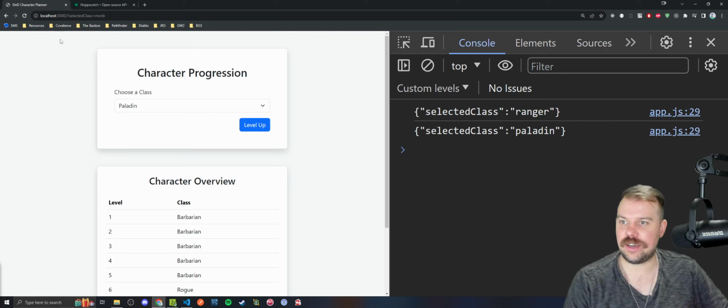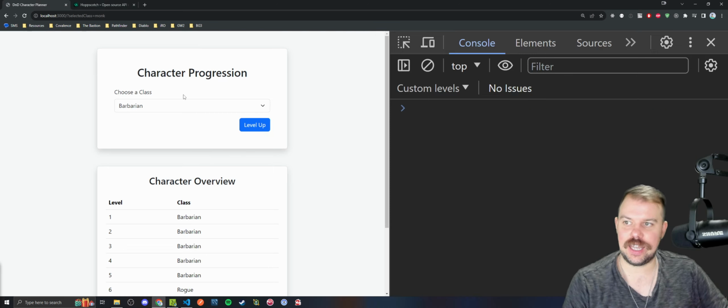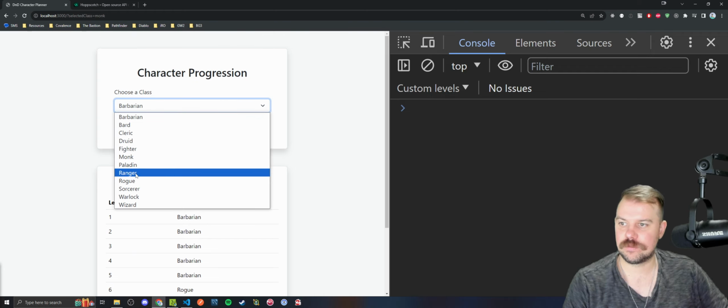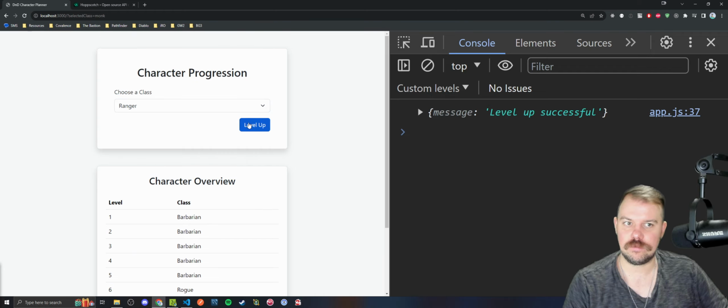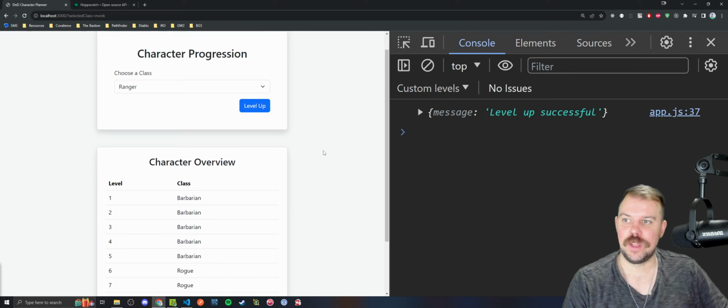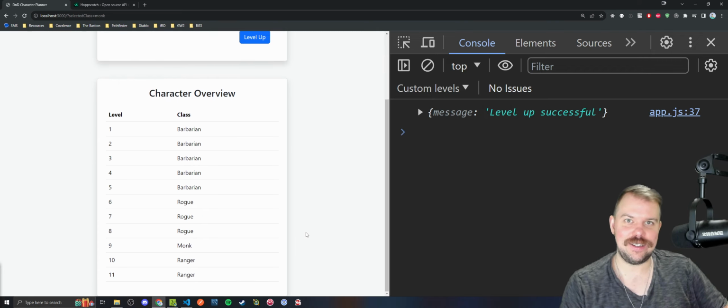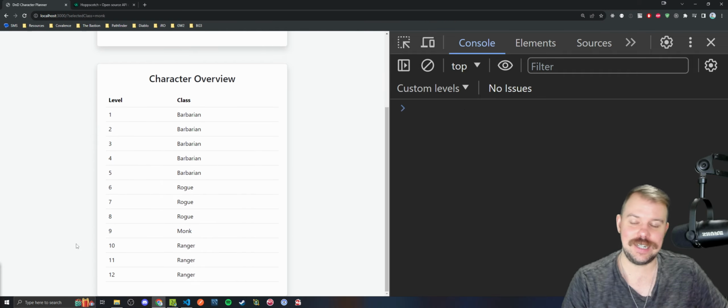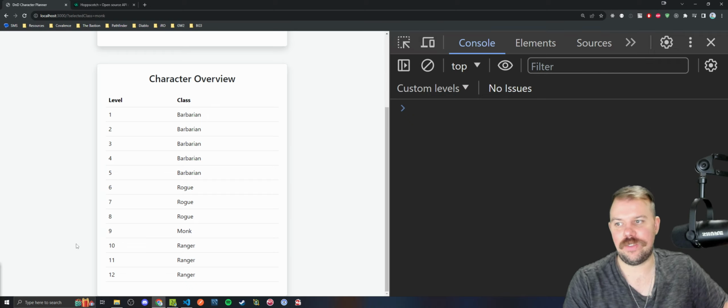Let's go take a look at it here. Refresh the page to get the latest JavaScript code. Let's add that last level of Ranger again. Hey, level up successful. But we still haven't written any code that tells the table how to update with this new data. Now we have a couple of choices. First off, let's make sure it actually worked and is not just lying to us. It did work, indeed. We got level 12 Ranger added at the bottom down there,